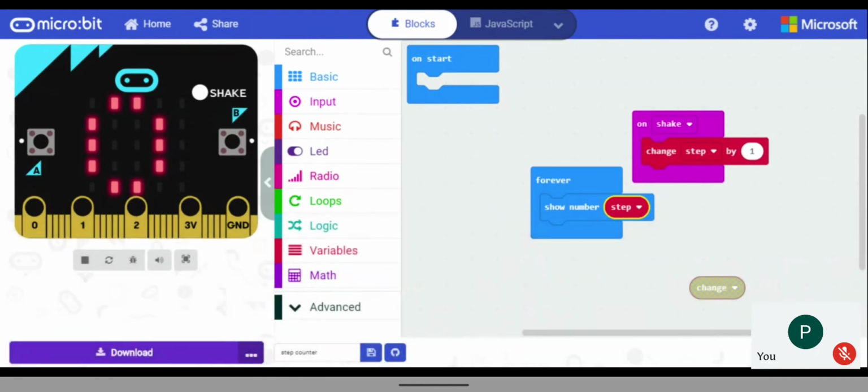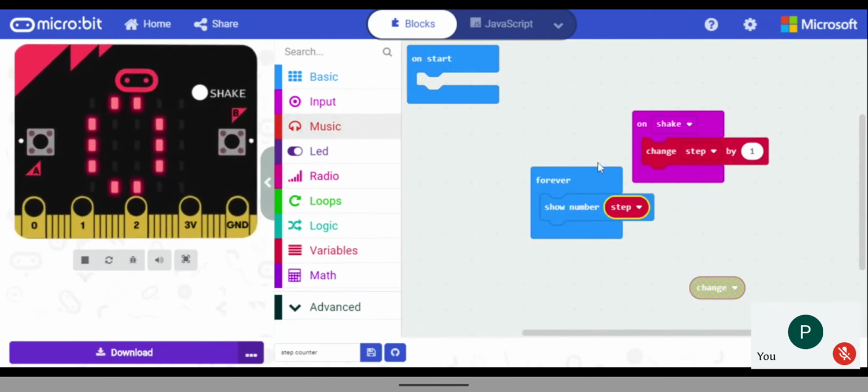But if I upload the same thing on Facebook or any social media website, it can be seen by my friends or any other members. So here also it's the same thing. Every time it's changing, that has to be saved into this step. If it's not saving, what will happen? Every time the number will be the same here. Just see, if I don't use change step by 1, then the number will not be changing here every time.